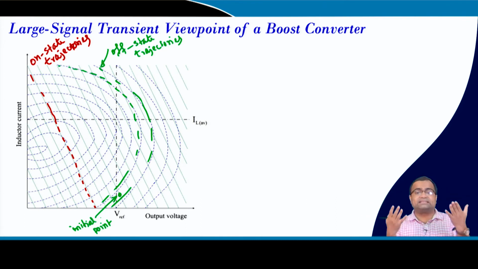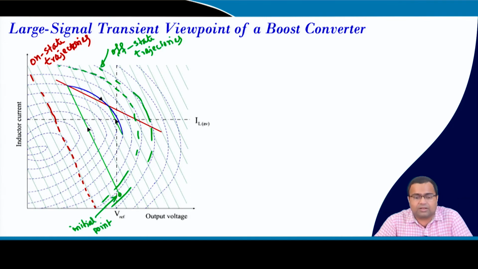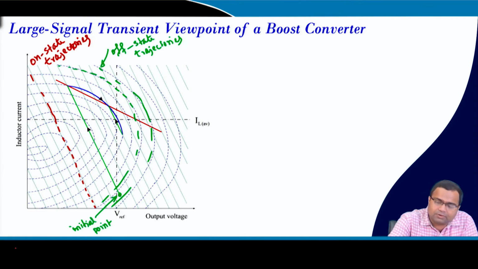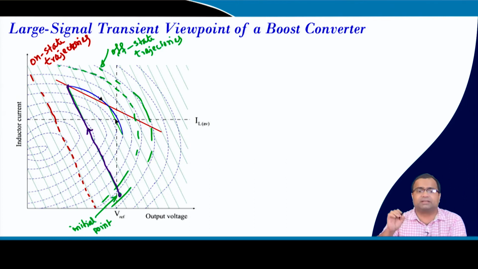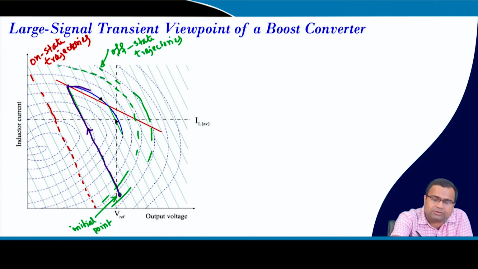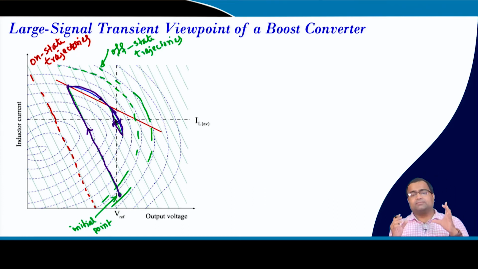I want to reach steady state, and steady state means there will be switching, of course, because if you want a boosting operation, you need to turn on and off, you cannot operate the converter in any particular switch configuration continuously, right. So, this is our desired behavior: we start from this point, and this is my on state trajectory, it follows this path. Then suppose there is a switching surface which is a first order surface, it hits here and then it turns off and goes like this, and here it reaches steady state, that means this is a steady state action.